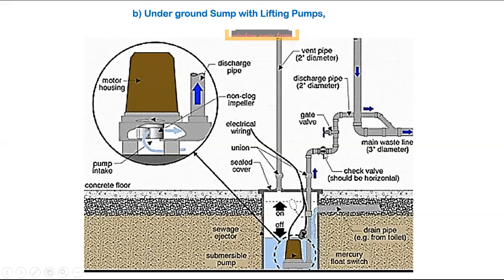The outlet pipe is connected into the main waste line. Somewhere this main waste line is there. We are connecting there using a check valve and a gate valve. Everything is there. First, we have